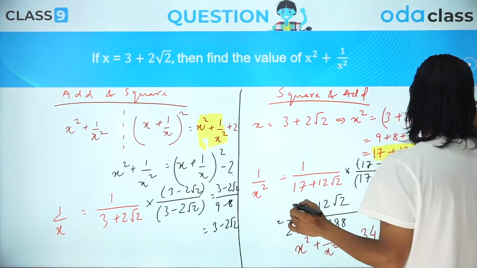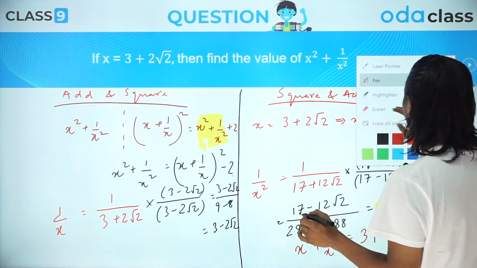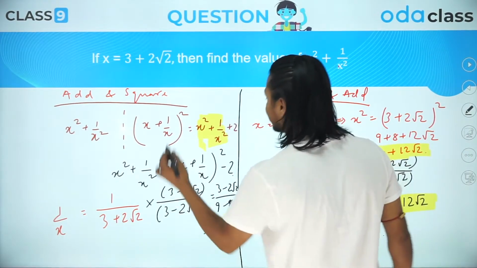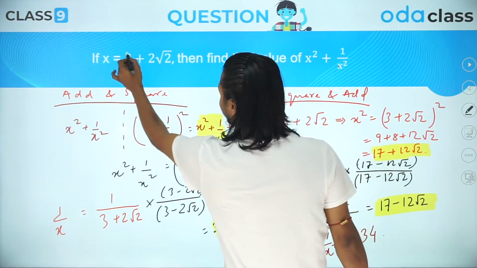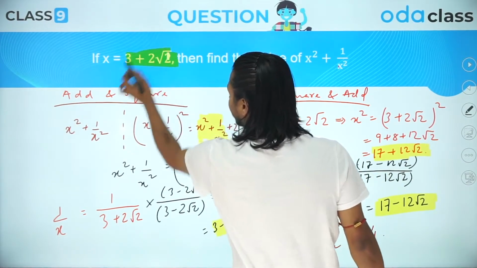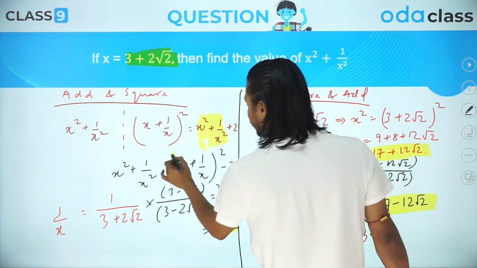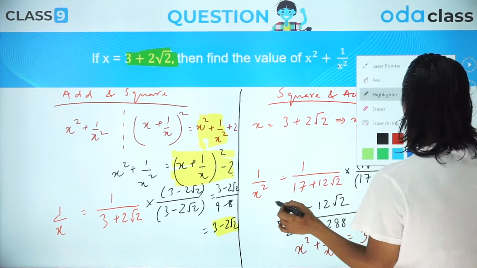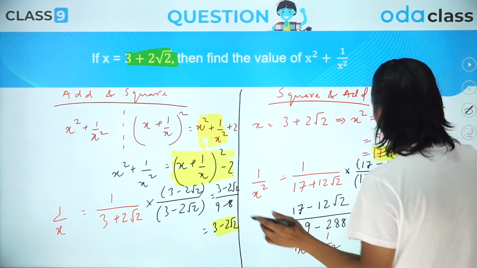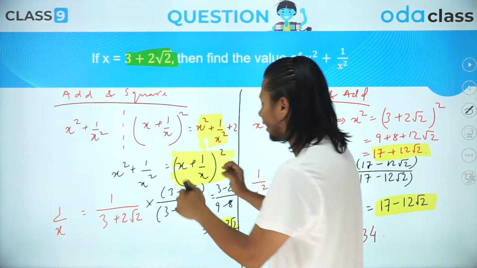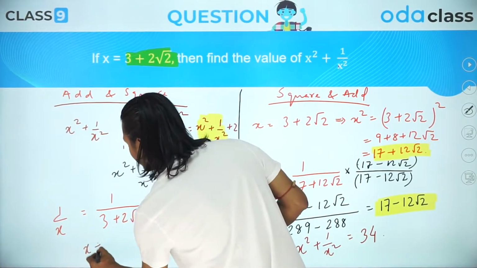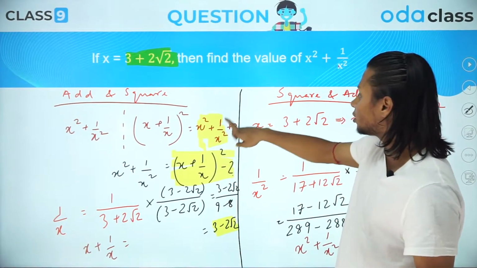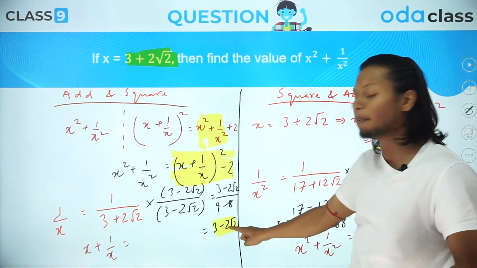So we already have x, kids, and we already have 1 by x. This is 1 by x, and x is already given to us in the question. And what do we have to find? We have to find this particular value. So what is x plus 1 by x? Quickly, you know the answer already. So x plus 1 by x is going to become 3 plus 2 root 2 plus 3 minus 2 root 2,